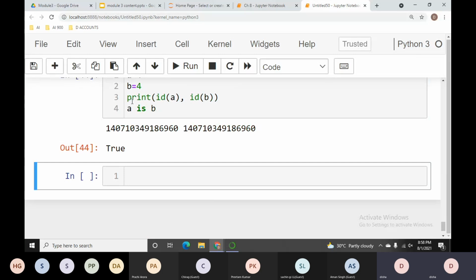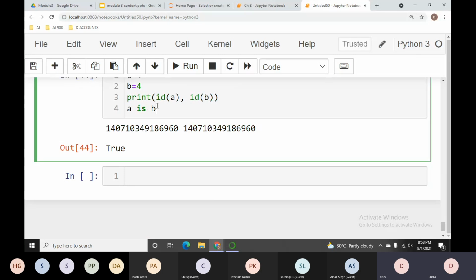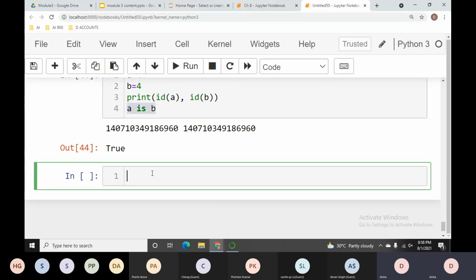That's why when I said A is B, we got the result true, right? When I said A is B, it was not comparing the values. It was comparing the memory addresses, or you can say identity, whether these identities are the same or not. In the case of A and B, both were the same, so we got true.